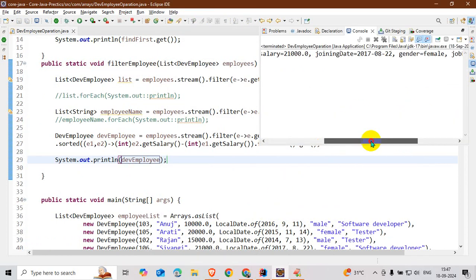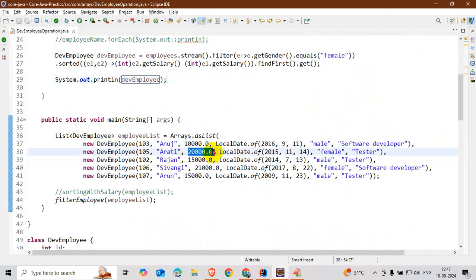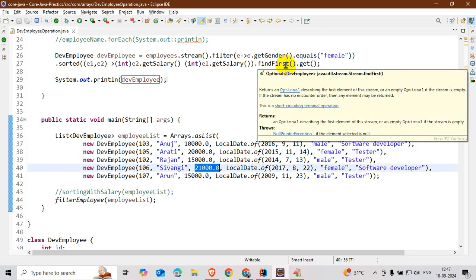So here I am getting 21,000. There are two female employees, like Aarti, whose salary is 20,000, and Shivangi, whose salary is 21,000. I want the maximum salary, so findFirst.